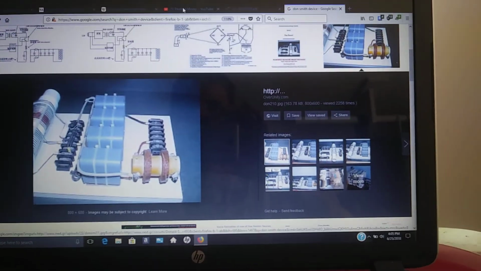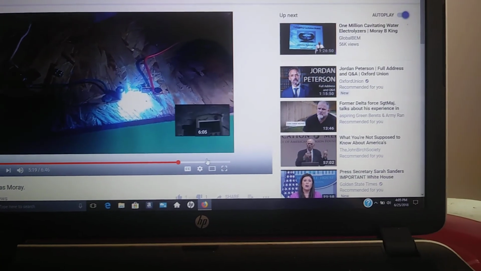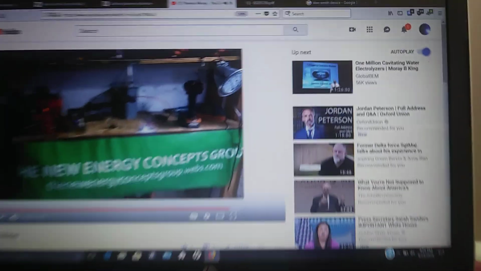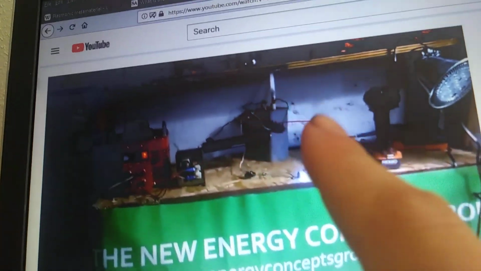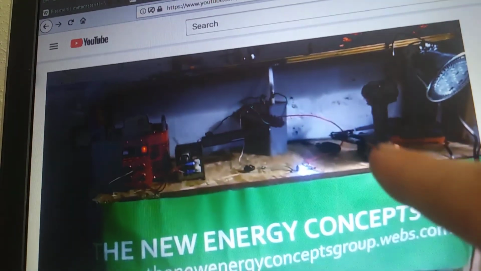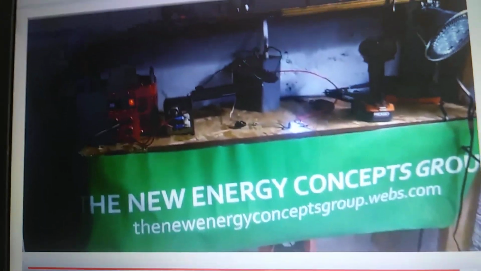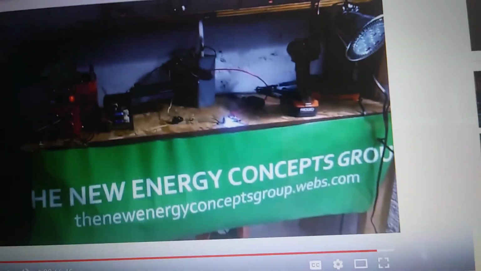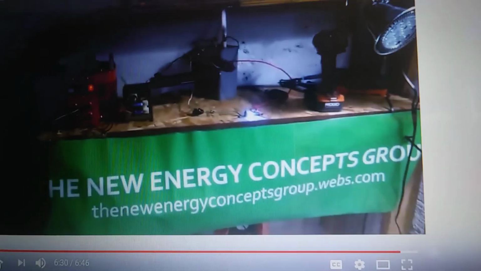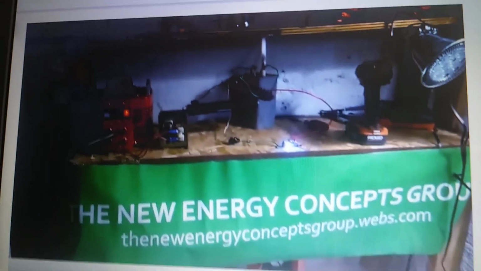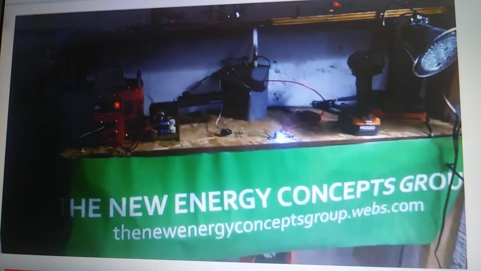Okay, in my experiment here, there is no ground wire. It's just one wire to here, the other wire to there. Okay, and then you can arc them together because surface plasmon polaritons and excitons are quasi-particles that are pretty much antimatter. Okay, and so when you collide them together, they create a supernova explosion, and I explain this in my paper on the New Energy Concepts group,